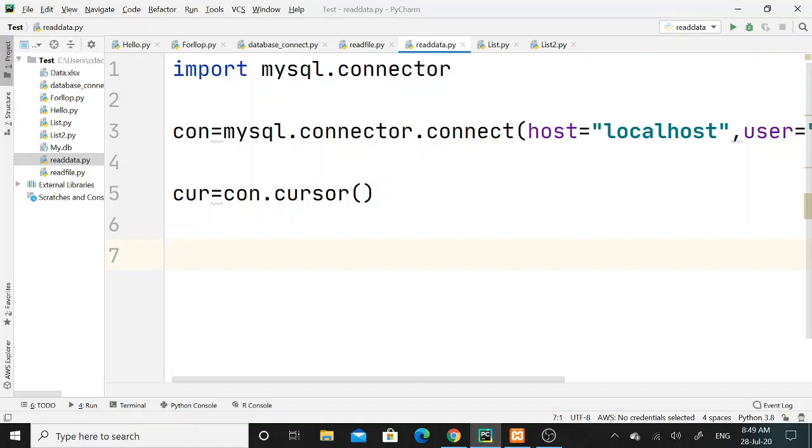It is allocated by the database server at the time of performing data manipulation language operations on the table by the user. So what are the data manipulation language operations? If you are going to perform insert, update, and delete, these are the data manipulation language operations.